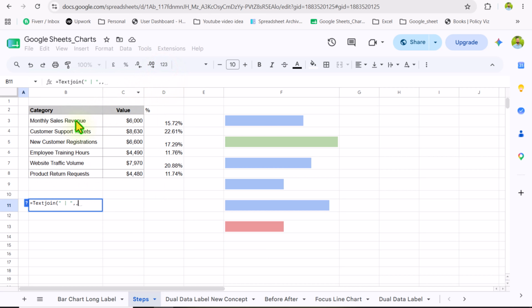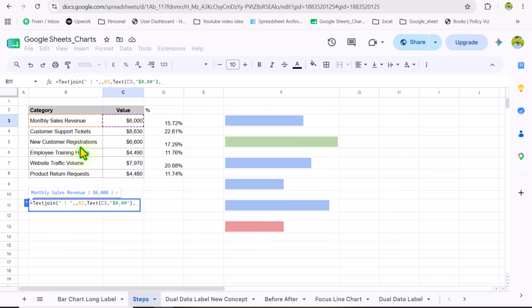So first I will click my category name, hit comma. Now we need to type the TEXT function, open parenthesis. What is the value? This is the value, hit comma. For the format, in this case, I want dollar, hash, comma, hash, hash, quotation mark again, close parenthesis for the TEXT